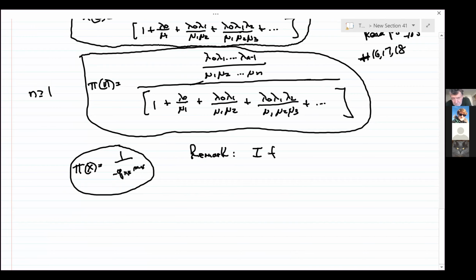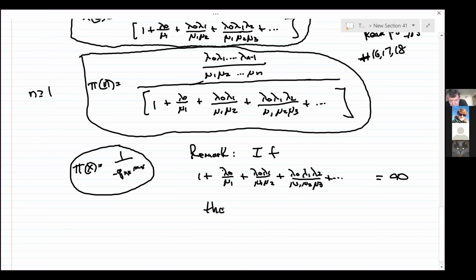If 1 plus lambda 0 over mu1 plus lambda 0, lambda 1 over mu1, mu2, plus lambda 0, lambda 1, lambda 2 over mu1, mu2, mu3, etc. If that infinite series is infinite,